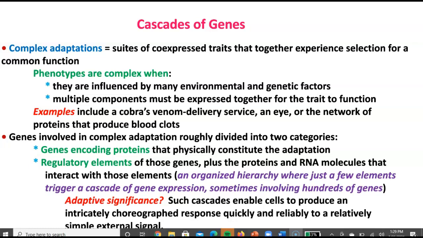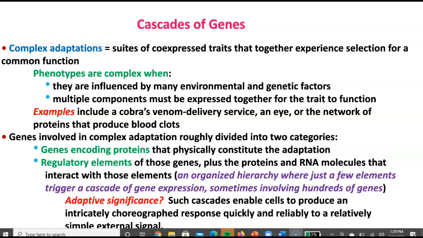And so the other category of genes involves those regulatory elements of those genes, plus the proteins and the RNA molecules that interact with those elements. So just to summarize there, we've got genes that are physically making the proteins that make up that adaptation, plus the genes involved with making proteins and RNA molecules that are interacting together to help express those